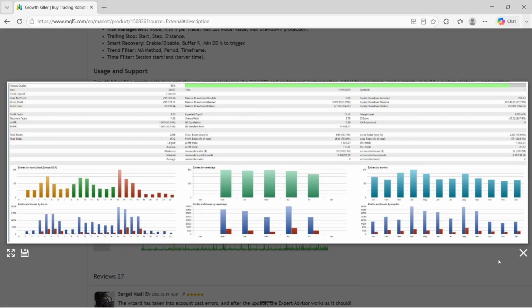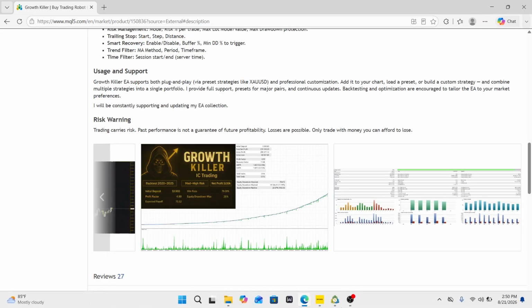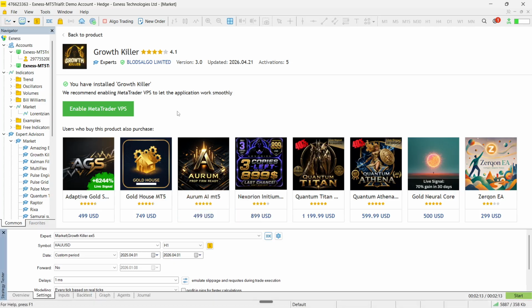personal backtest? Let's go over to MT5 now, so we can see what happens and if it actually holds true. So I have the EA installed already. As you can see, the Growth Killer. You can see I have it installed down here. And I used the recommended pair, the XAUUSD, on the hourly time frame for a custom period of 1 year, ranging from the 1st of April 2025 to the 1st of April 2026. All right. So on a 10K account,